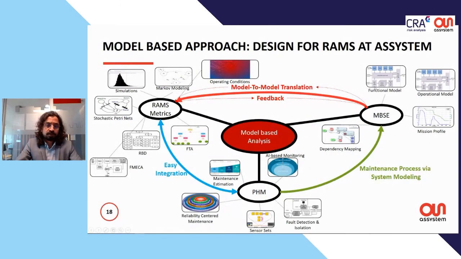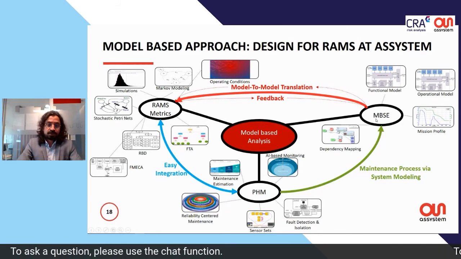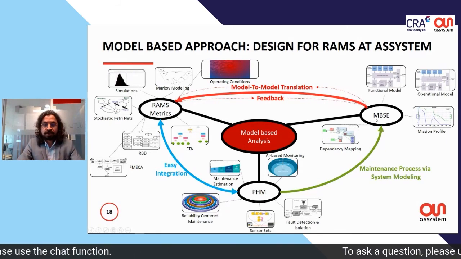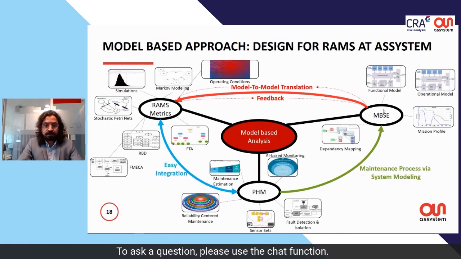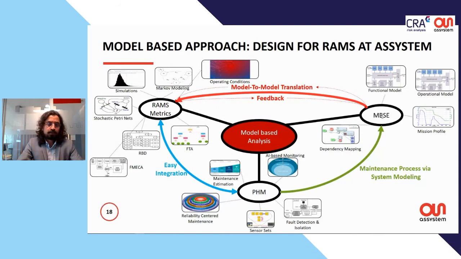And what we want to propose, this is the idea we are working on at ASSYSTEM, is you have the MBSE. Now, what we want is to complement each other's approaches, to integrate each other. So the MBSE can work independently, or it can be useful to design for RAMS, depending on the objective of the project. And this is the main focus, and also the main problem: if we are able to translate these models to build a basic building block for the